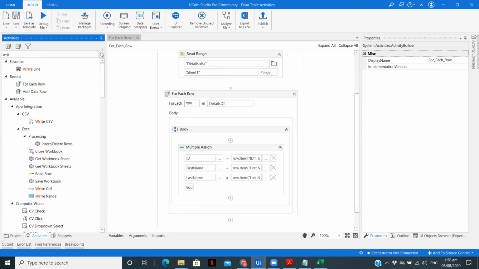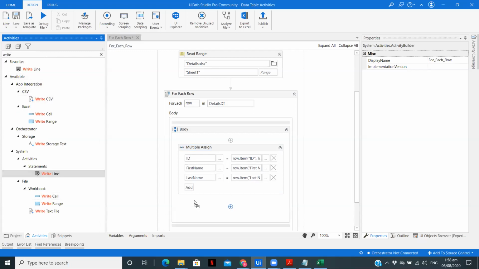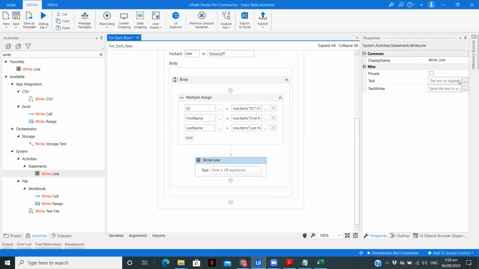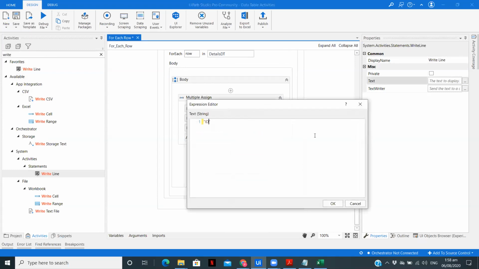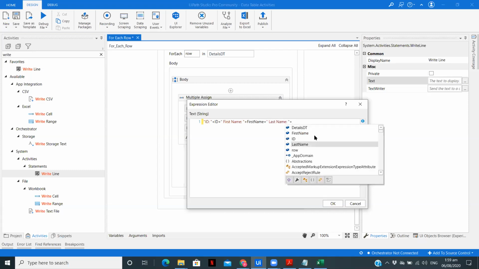Now to see if we are getting it properly or not, we are going to use our Write Line activity, wherein we display "ID: " plus the id, plus, if you need, you can put a space here, then "First name: " plus the first name variable, and similarly "Last name: " plus the last name.